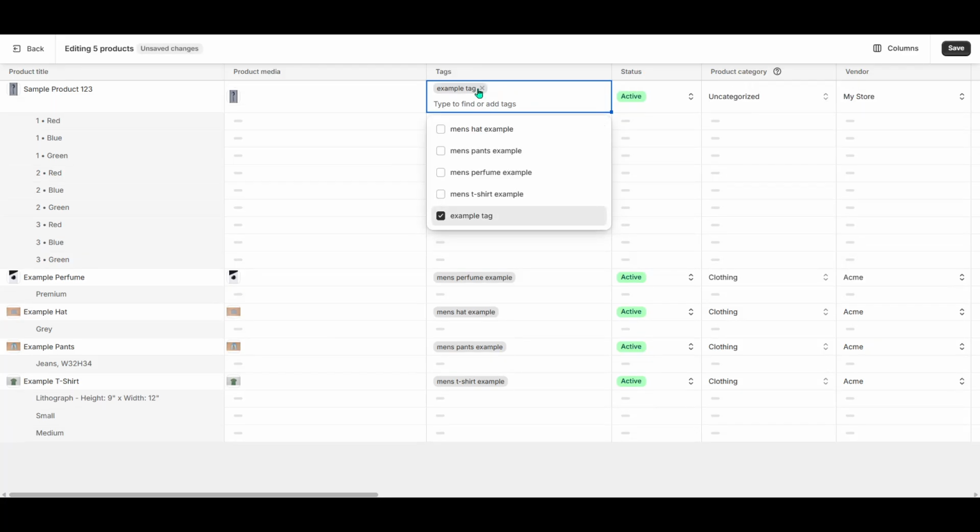And there you have it. By following these steps, you can efficiently manage your product tags in bulk on Shopify. This method not only improves the organization of your products, but also enhances the overall user experience on your store by making products easier to find and filter. This process is as simple as it is effective, providing you with more time to focus on growing other aspects